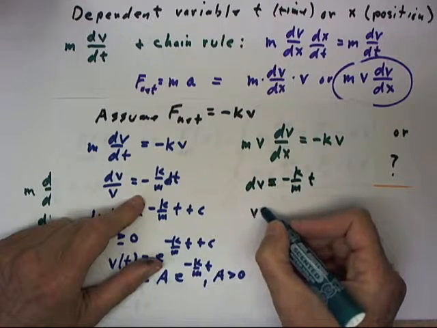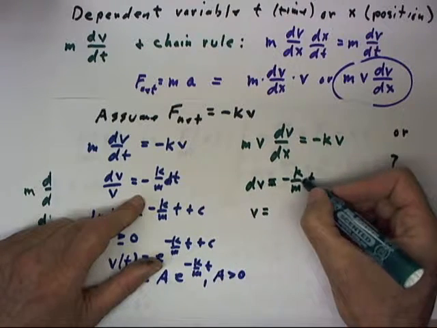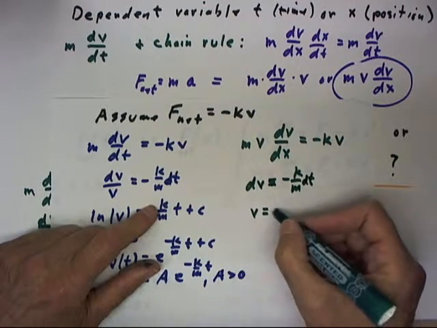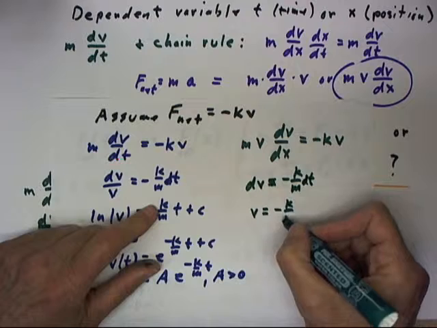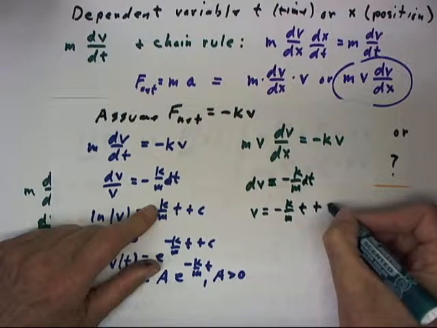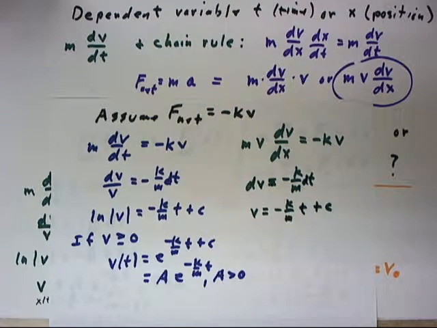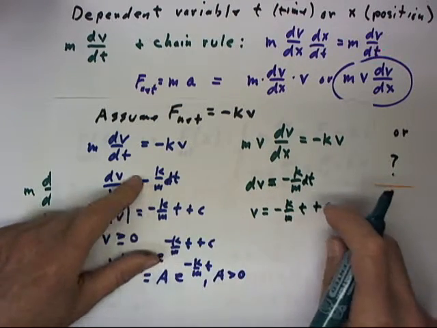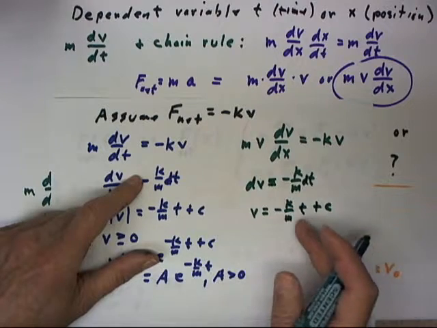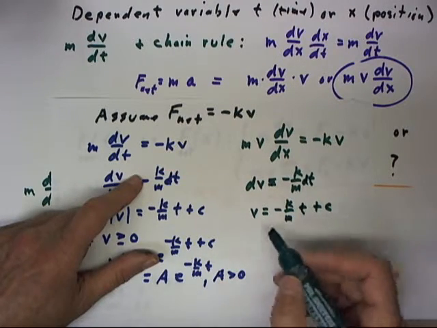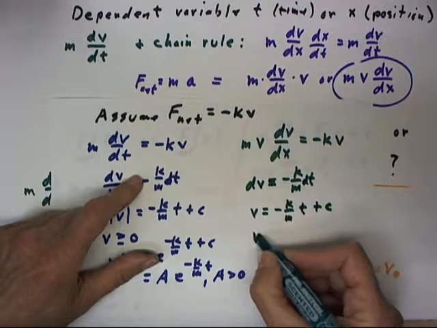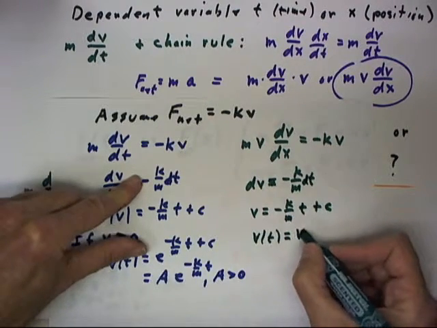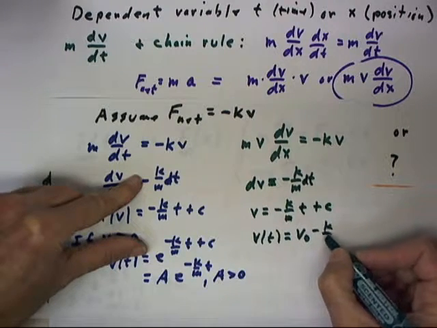Integrating both sides, we get v equals negative k over m x plus a constant, and without going through the details, it's easy to see that that constant can be interpreted as our initial velocity. If x equals 0, then v equals c, so that our function would be v of x equals v naught minus k over m x,